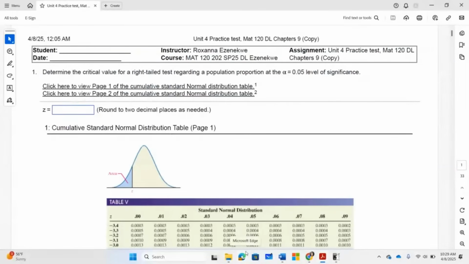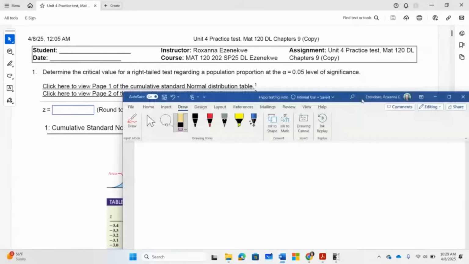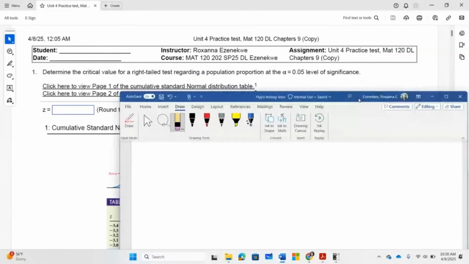Okay, determine the critical value for a right tail test regarding a population proportion at alpha equal to 5% level of significance. So the question here says, calculate the critical value. This question is asking you to calculate the critical value. And what did they give us? Determine critical